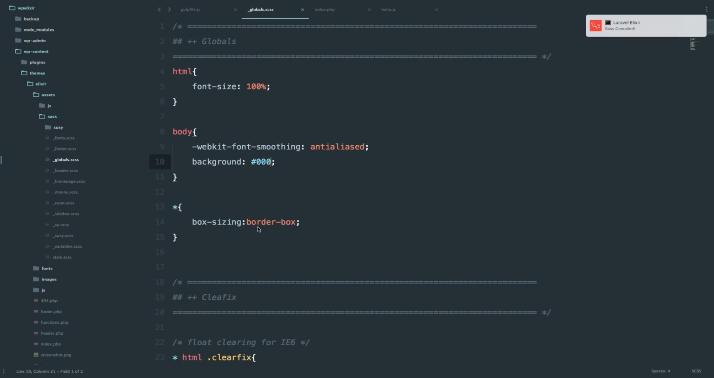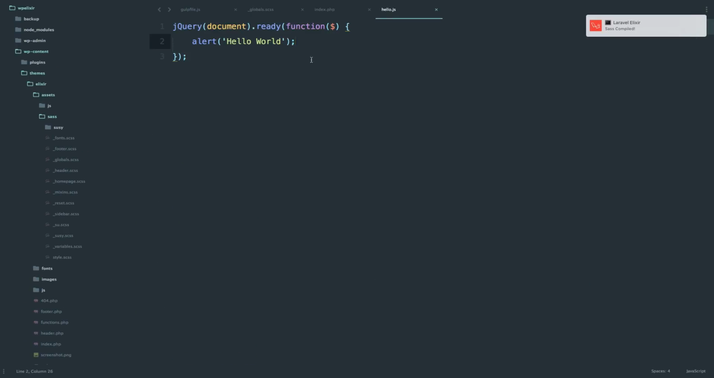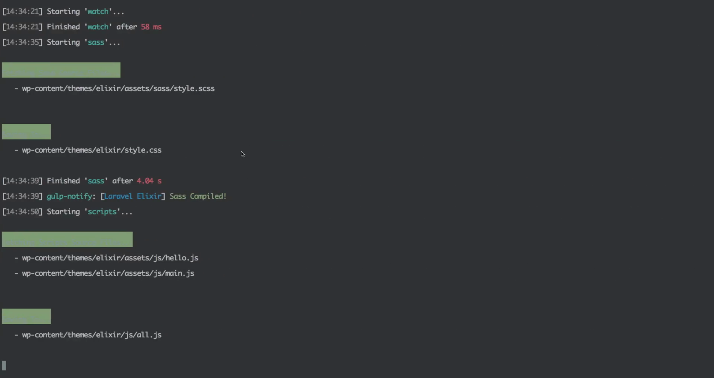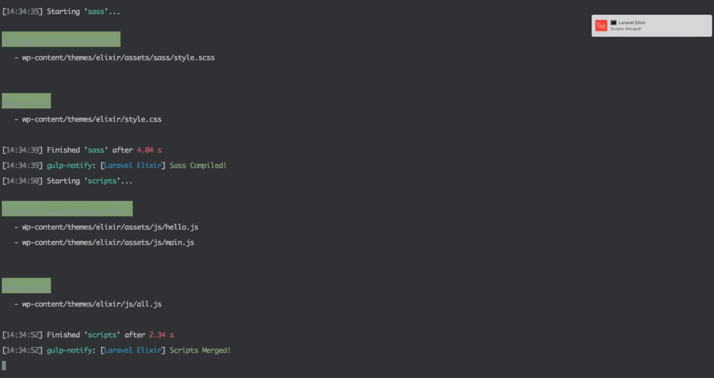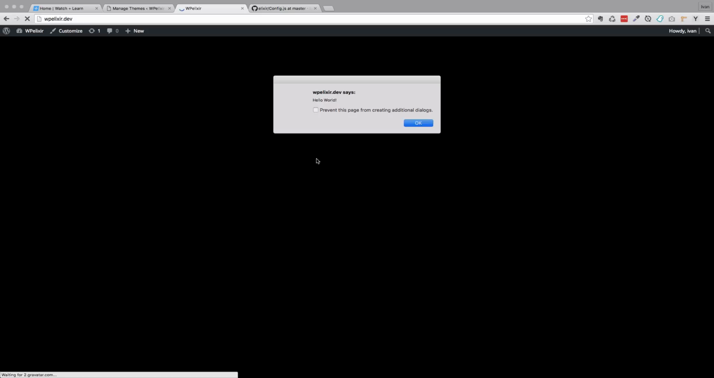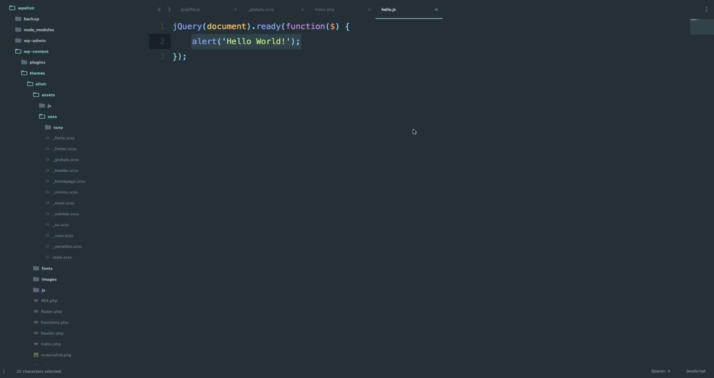We can do the same thing if we go to hello.js and add an exclamation point right here, save it. You will now see that the JS files are compiling. Also, if you refresh this page right now, it should have a black background and it says hello world with an exclamation point right here. So let's go to our hello.js file and remove this because it's going to make troubles for us in this